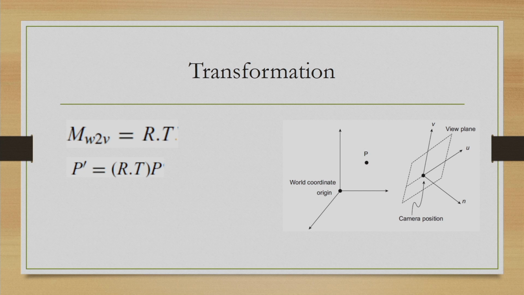And since we performed first translation and then rotation, we will follow the right to left rule to combine the two transformations to come up with a composite transformation matrix. Thus, we will have to write them in this sequence: T first and then on the left side is R, and we take the product of these two matrices to get the composite matrix, and then we multiply this matrix to the point to get the transformed point coordinates.